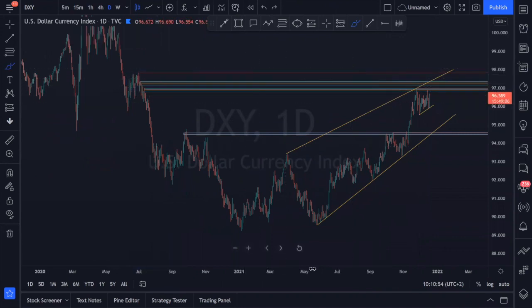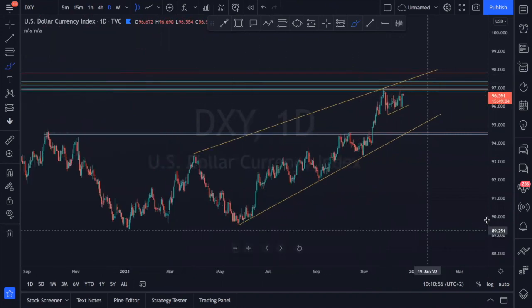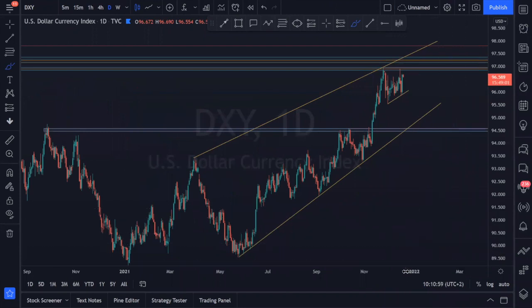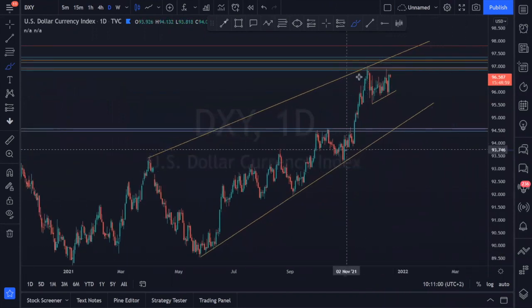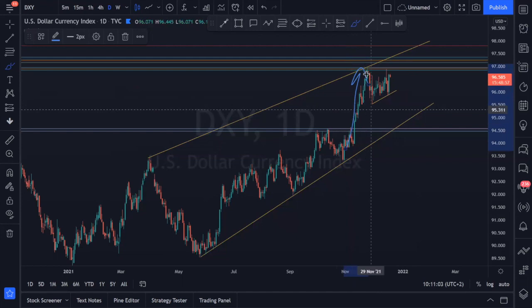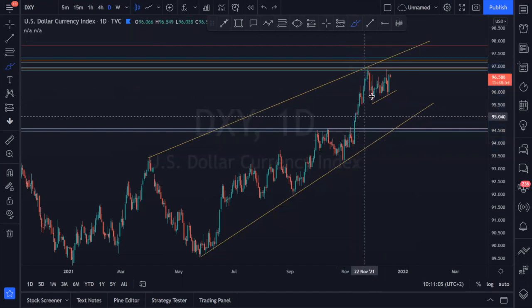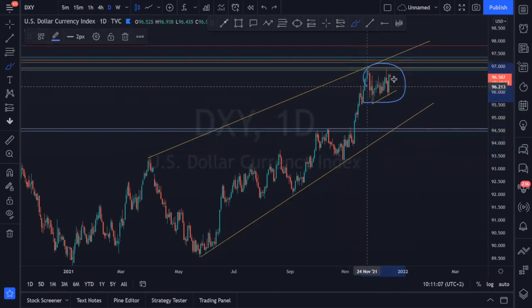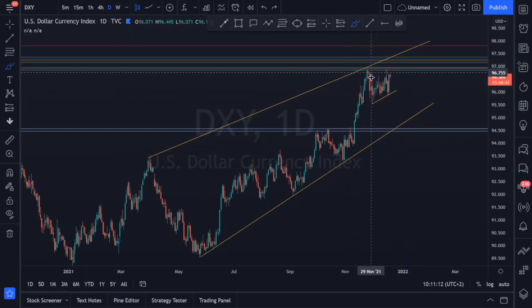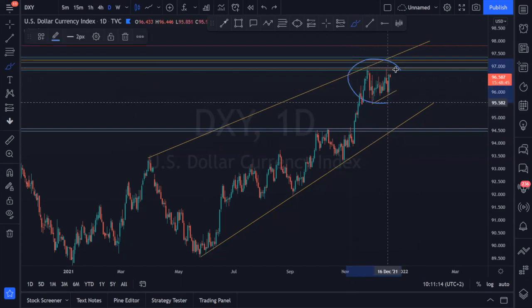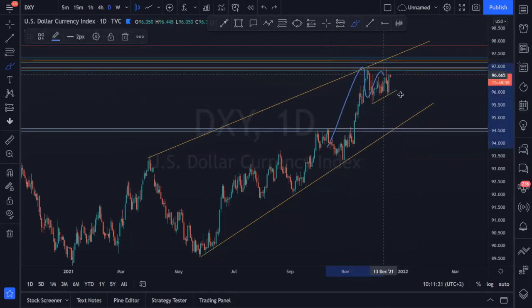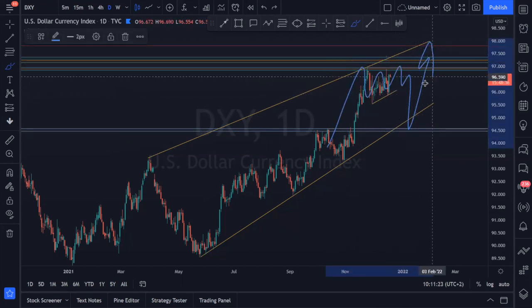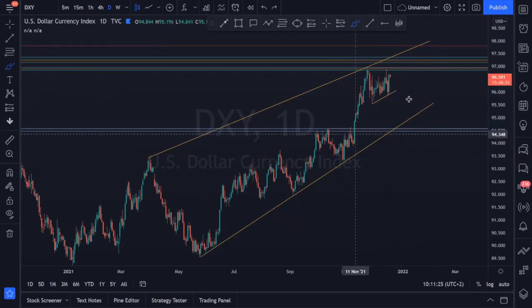Now, what we've done for ourselves is we've observed in the current price action, how is price approaching this area? First of all, we did observe that price came here fairly impulsively, but after this impulsive momentum towards our resistance, we've seen prices entering some sort of a consolidating market. So we've seen prices basically moving to the side. Now that we've got this corrective structure, we understand that this corrective structure can only be one of two things: either a continuation structure, obviously for some upside momentum, or a reversal structure for obviously some